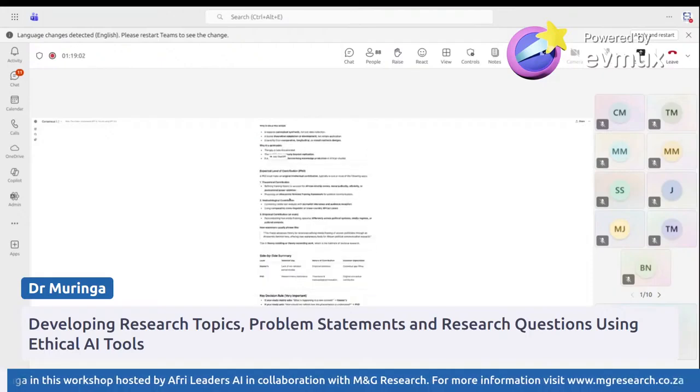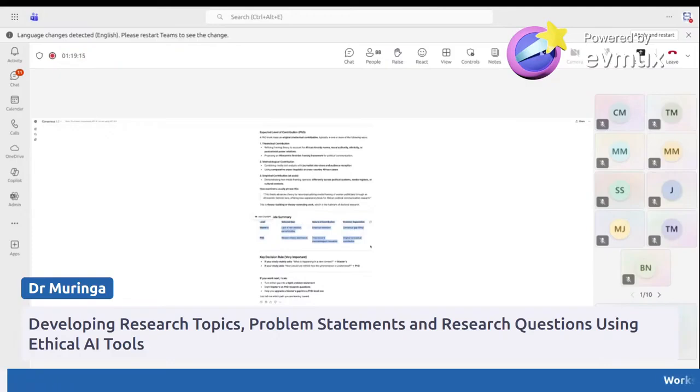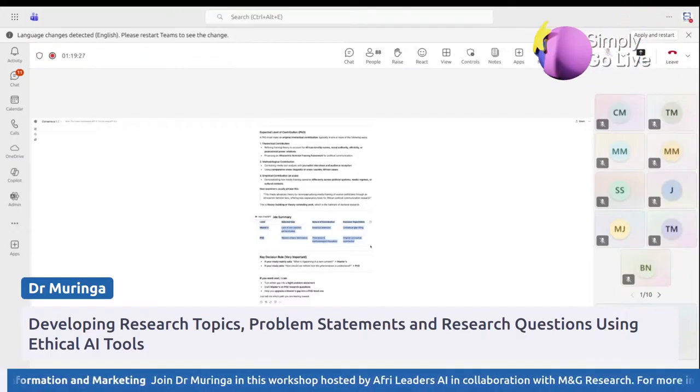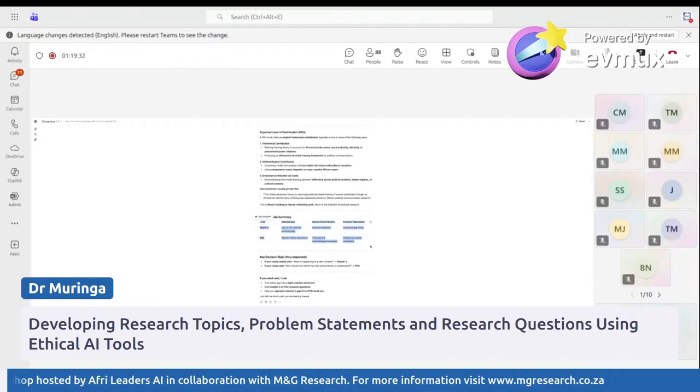So at master's level, in a nutshell, we're saying it is always good to go through with an empirical extension, right? Look at an empirical gap that focuses on a specific context, right? At a PhD level, this is where you look at theoretical and methodological innovations, and this is the only way you can bring in an original conceptual contribution. And as we go to the last section of our presentation, before we get to